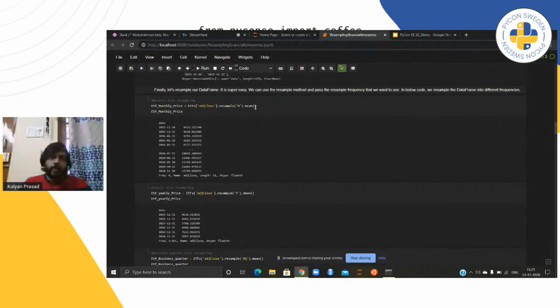So what I'm doing here is passing my aggregation function as mean. Once I execute that, you can see the monthly frequency prices. You can see my monthly adjusted close prices over a month. Likewise, I